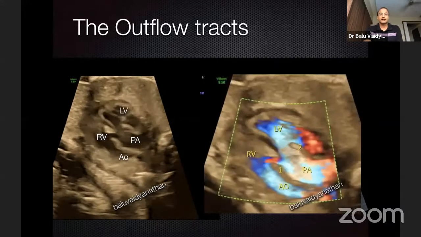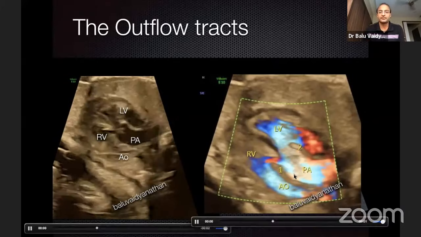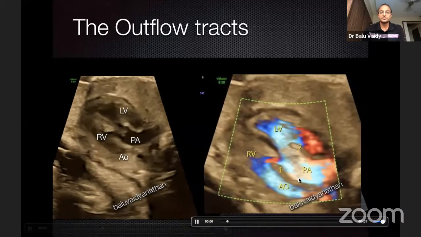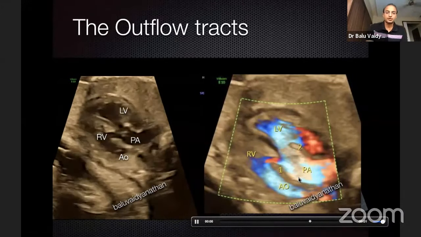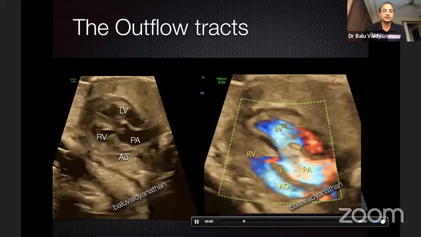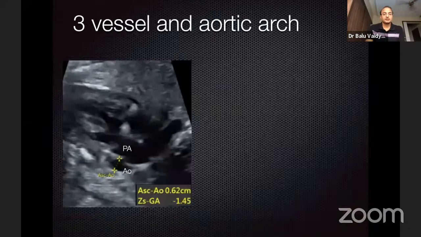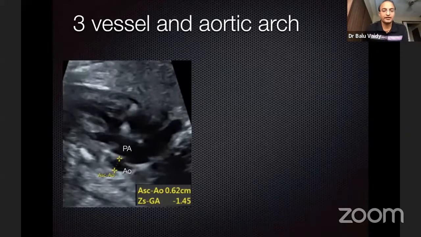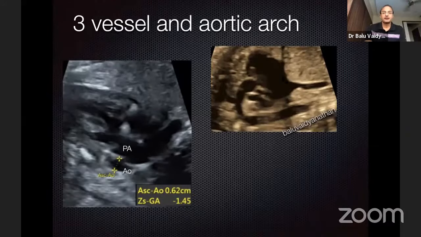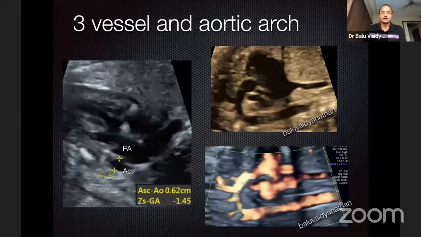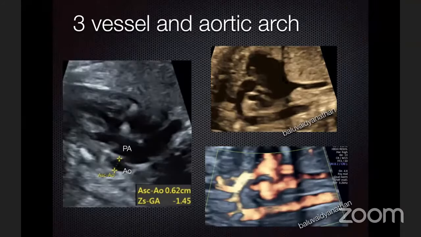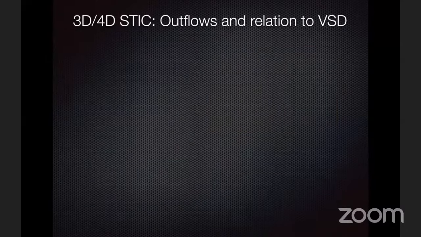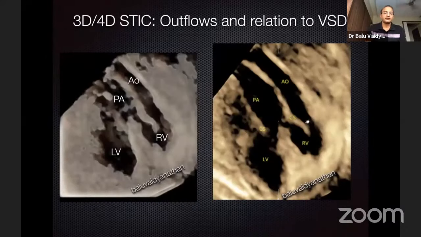And that's a picture which nicely depicts the relationship of the great arteries. The PA is a huge vessel compared to a smallish aorta. The aorta Z score is about minus 1.5. And moving towards the aortic arch, we can see that the aortic arch is overall significantly hypoplastic. Overall the transverse arch is hypoplastic. And with rendering, or the STIC rendering, we can see the overriding PA, the huge vessel, and the aorta is